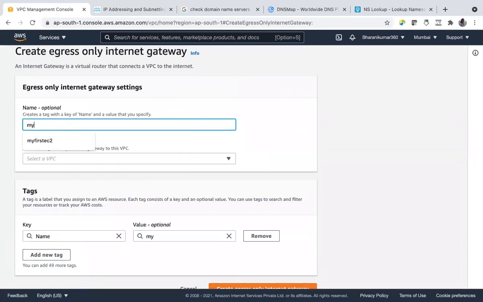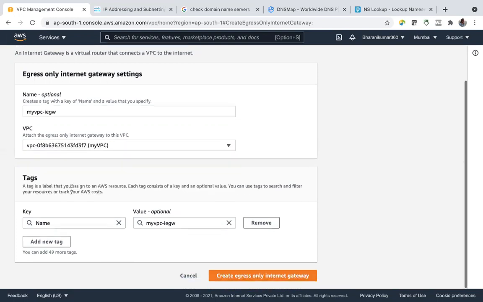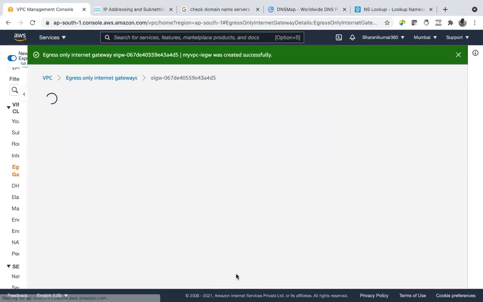Say my VPC, egress only internet gateway, I guess the extension is VPC. Let's say my VPC, create egress only internet gateway.